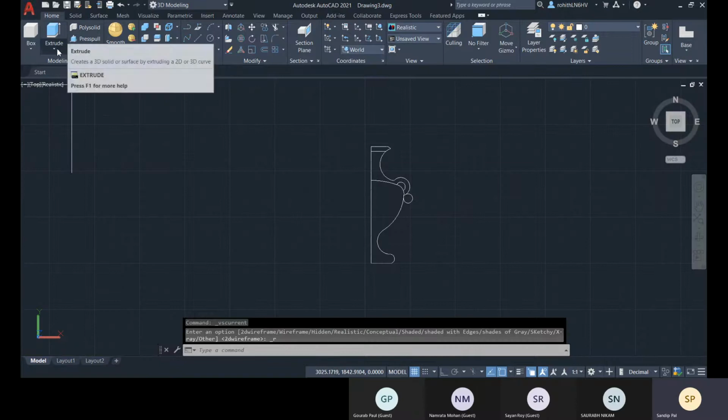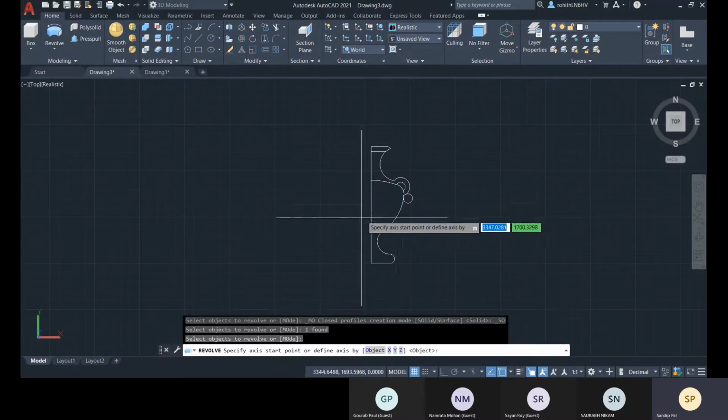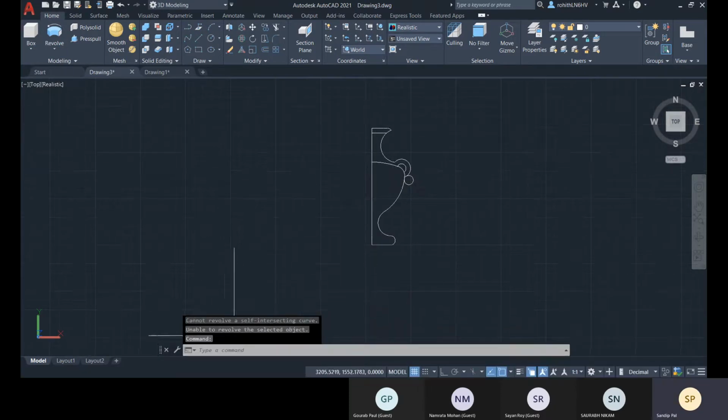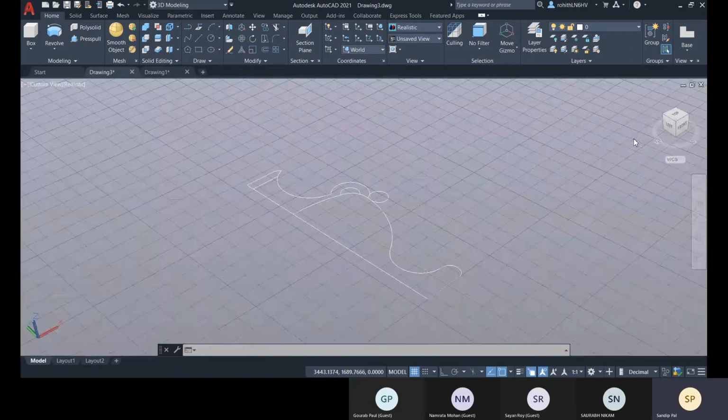Go for revolve, select it, enter. Unable to revolve selected objects. Why? Let me check. Why is this so?